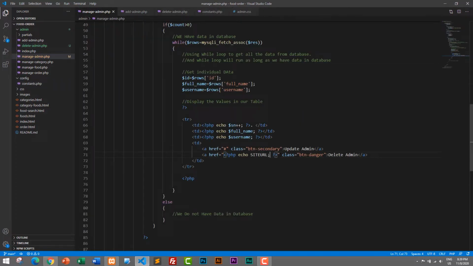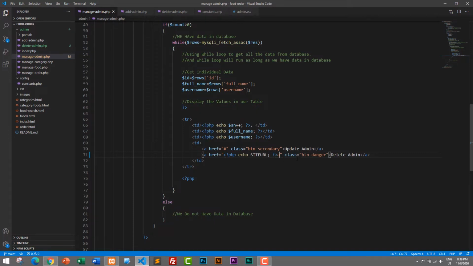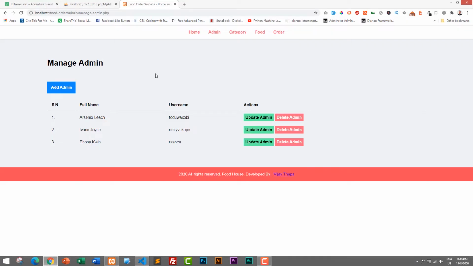And after that we need to pass, like, I will check again. So we have ended with slash, so we do not need to pass the slash. So admin slash, and we are sending this link to delete-admin.php. Hope you remember this. So let's save it, and I will go back to manage admin and refresh it, and I will click on delete admin page,